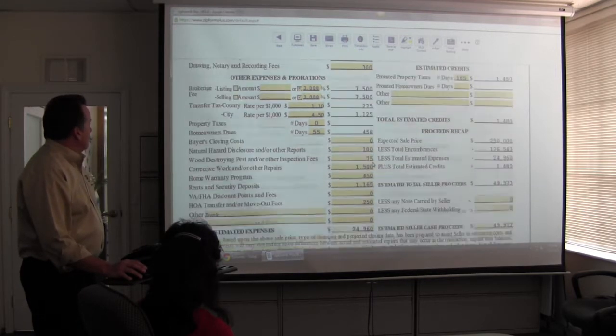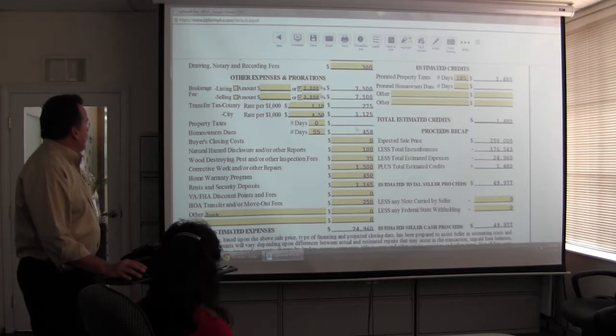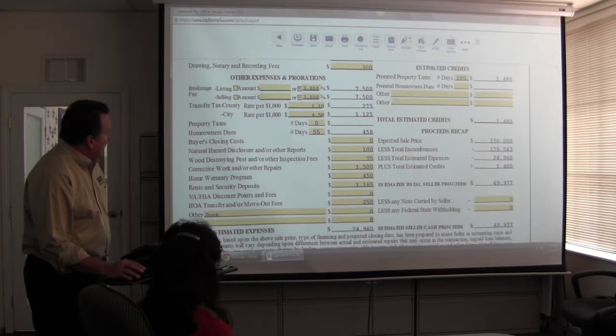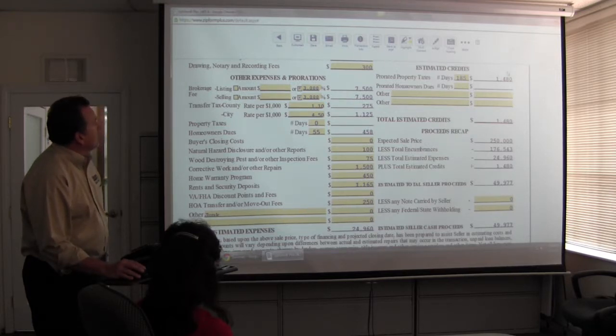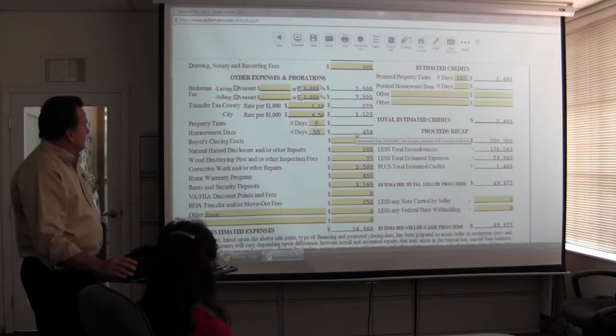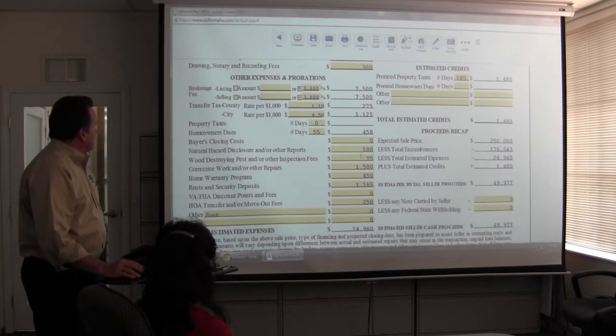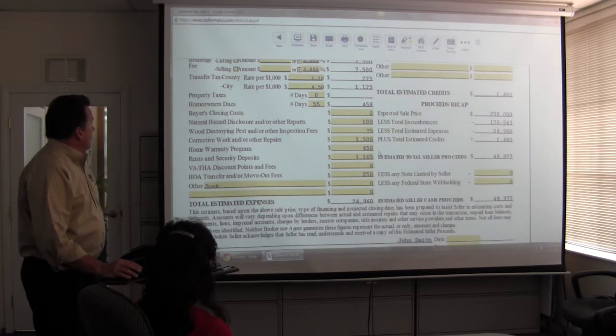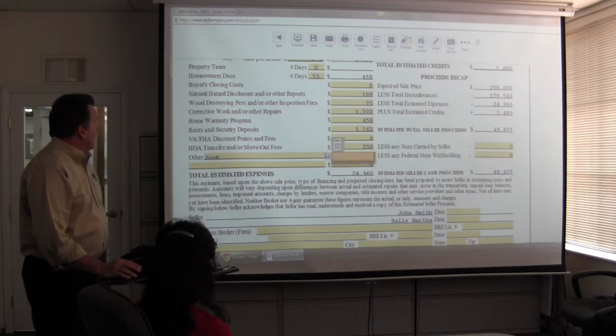We've got our commissions covered, county and city transfer tax, property. Oh, did we do our property? Oh, we did. We got our property. Where'd it go? Oh, we got our property tax credit over here. If it was an expense, it would be here. Our HOA expenses, because apparently we decided you guys weren't going to pay that one for some stupid reason. Closing costs, natural hazard, wood destroying pest, the termite corrective work, home warranty, rents, blah, blah, blah, blah, and our junk fee of